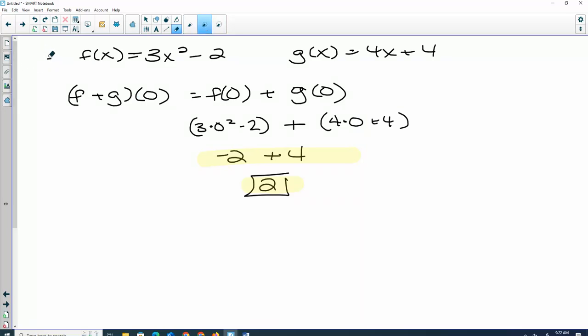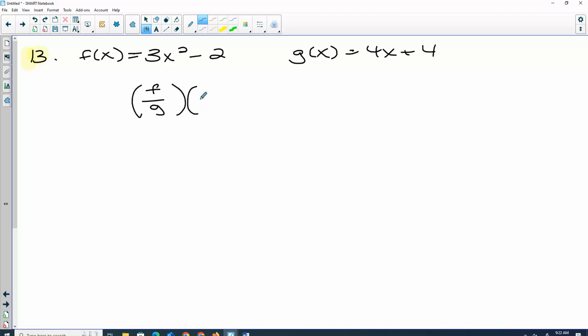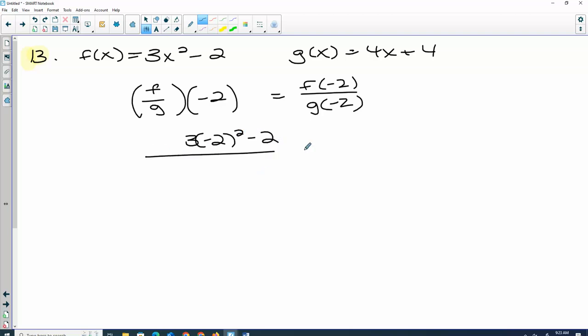So 13 tells us we want f divided by g of -2. That means you put -2 into f, put -2 into g, and divide your answers. So if I put -2 into f, and -2 into g,